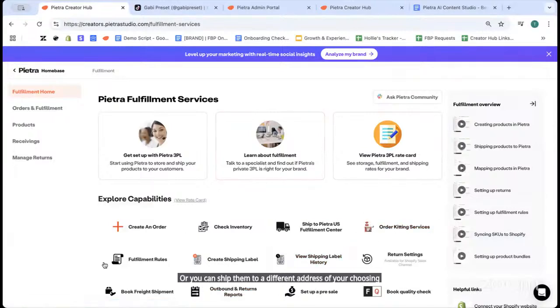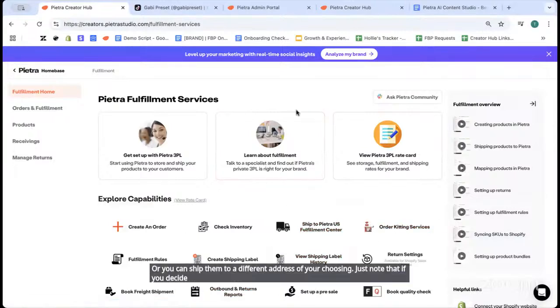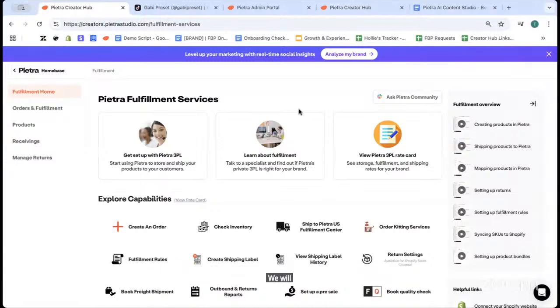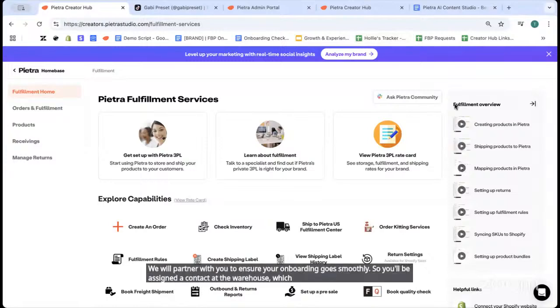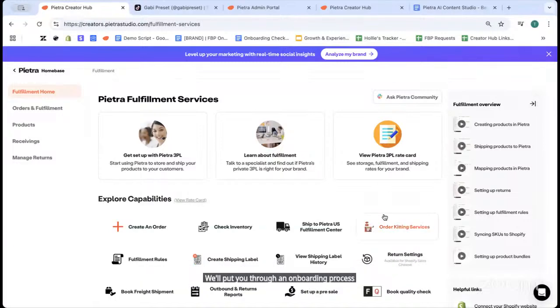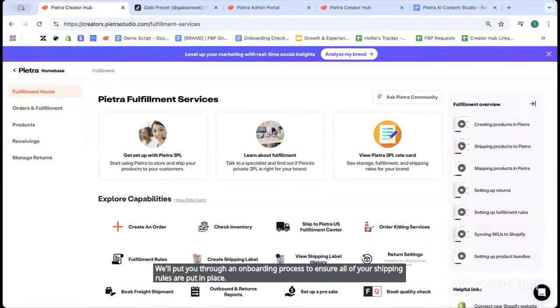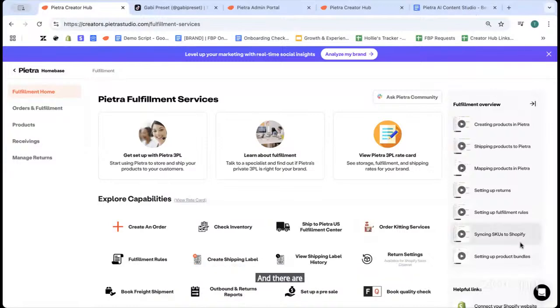Just note that if you decide to partner with us as a fulfillment service provider, we will partner with you to ensure your onboarding goes smoothly. So you'll be assigned a contact at the warehouse, which is based in North Carolina. We'll put you through an onboarding process to ensure all of your shipping rules are put in place. And there are a lot of videos here as well